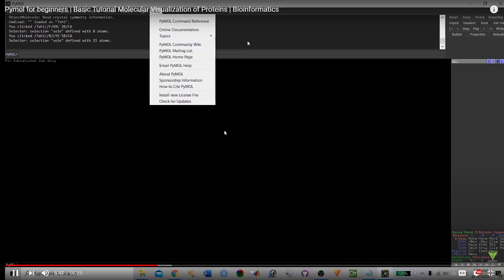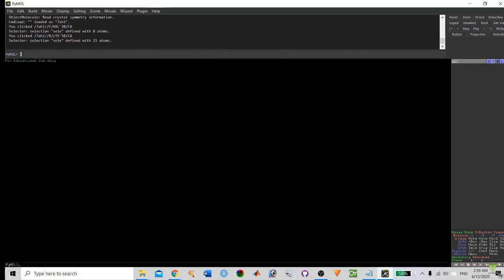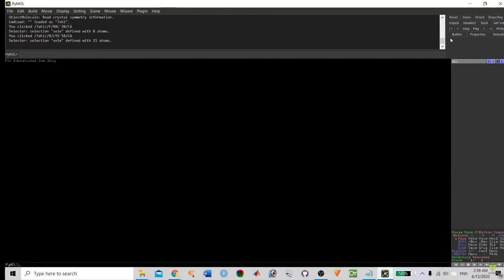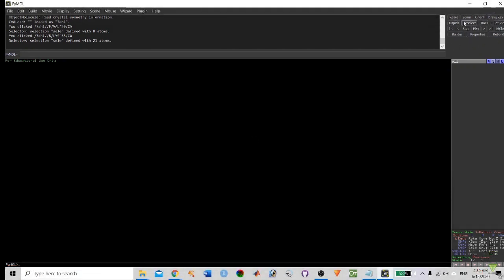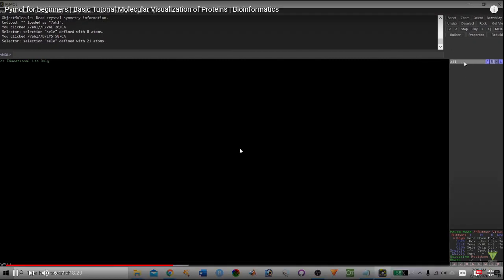Tutorials. You will find everything here in the help box. Okay, so along with this you will find the command line, where, if you know the commands of PyMOL, you can easily type them here and run the command using the script method. So here in the top right box, again we have reset, zoom, all these options available. Okay, so here if you come to the right side panel, there are 3-4 buttons available.